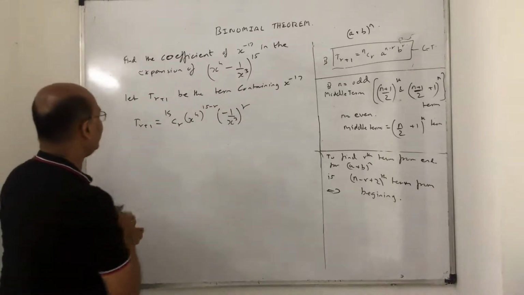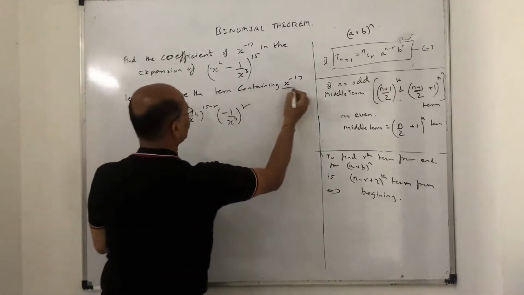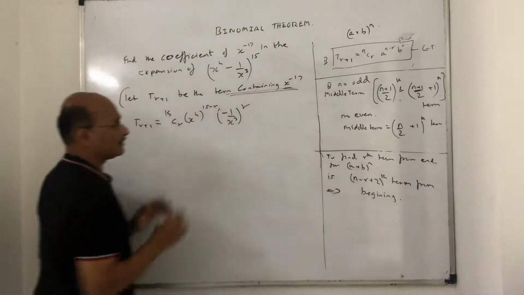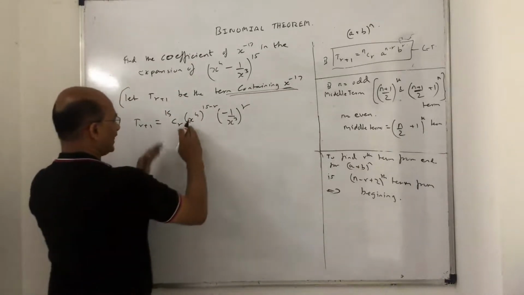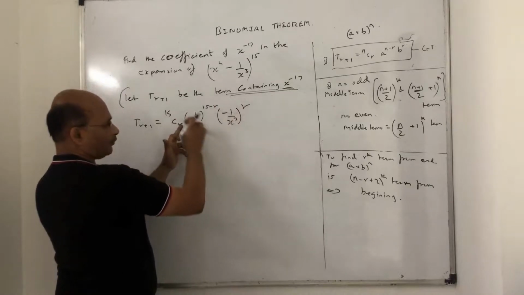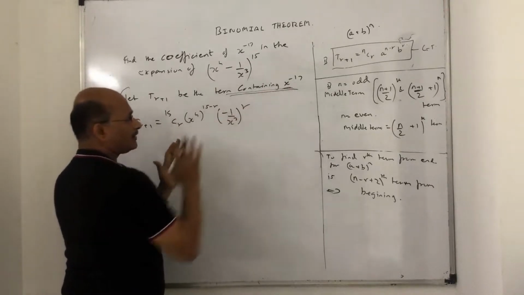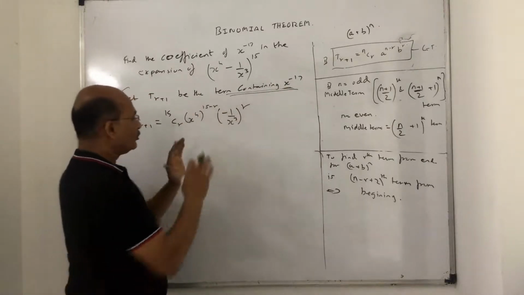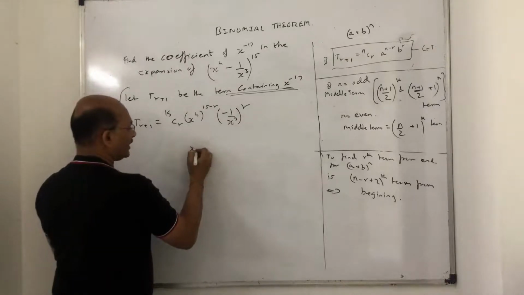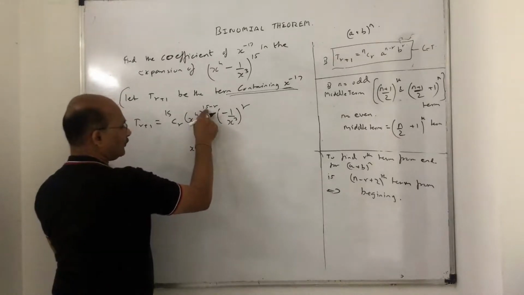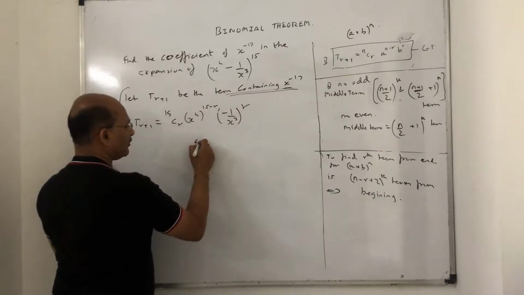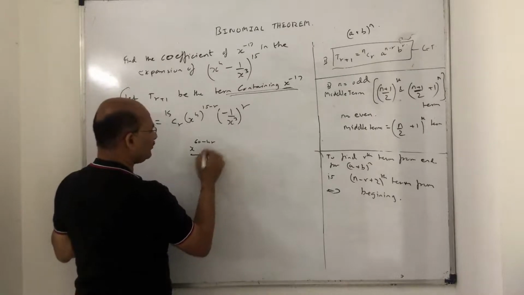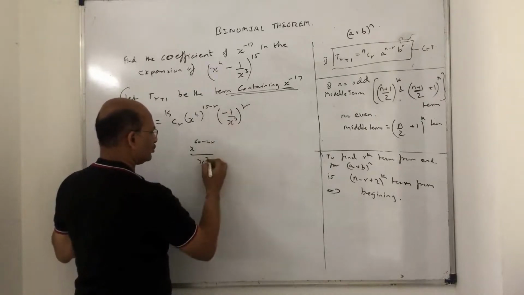Now hold on. Now they are telling us to find the term containing x raised to minus 17. So this is a very important piece of information which is given. So what you should do? Whatever x comes up here, that will be x raised to minus 17. I want the coefficient where it will be x raised to minus 17. So collect all the x together. So here x to the 4 times 15 is 60, 60 minus 4r, and here it is x upon x raised to 3r. I'm not worried about this minus sign, don't worry. So x raised to 3r.